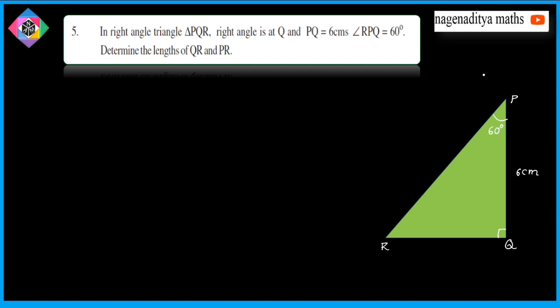Okay. So now we have to find the sides QR and PR. Okay. So what is the relation between these two sides? So this is the adjacent side of 60 degrees and this is the opposite side. So opposite side and adjacent side, the relation is we can recall tan theta. Tan theta is equal to opposite side by adjacent side. So solution, we have